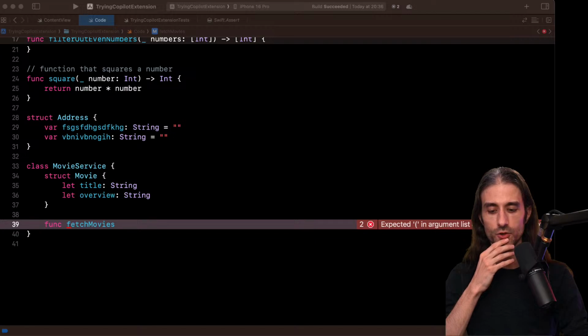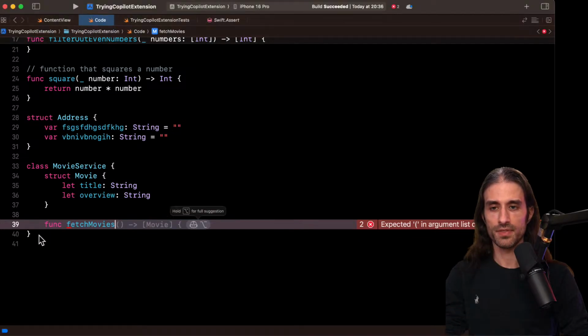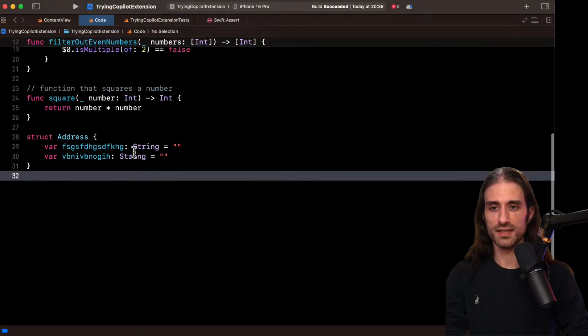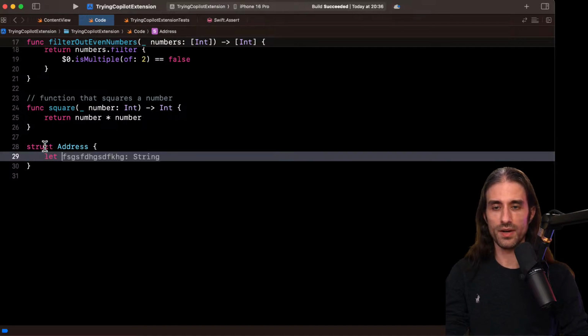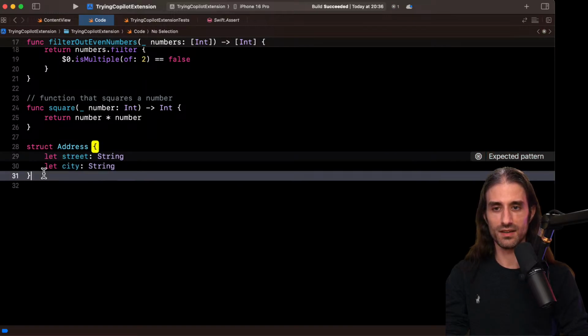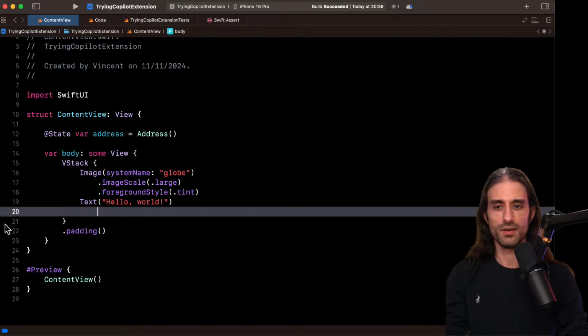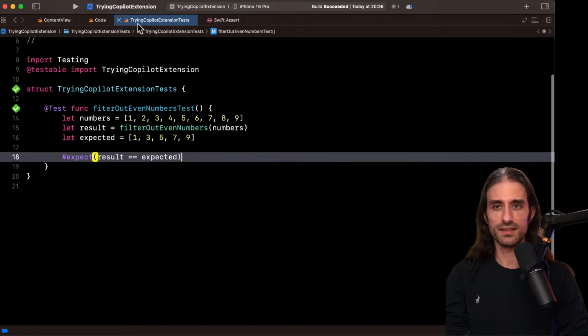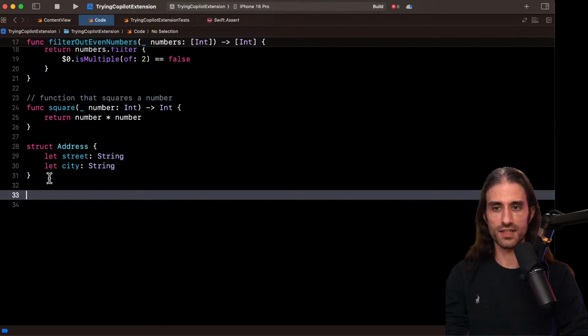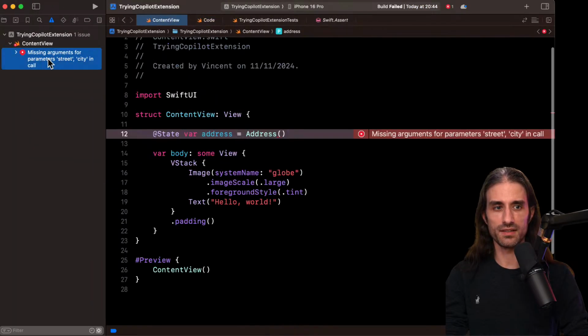Okay, I had done something like struct AddressAPI, and then okay. So I had used the address from above, and then I had done a struct. Okay. So you know what? We're going to keep something like this. Now we're going to write something that makes sense. So now it's learned from my craziness, but it's going to be like street. Okay, city. Let's stop there. So I'm going to remove this code here that no longer builds. Let's go like that. All right, let's check that it still builds. Build failed. Why? Oh yeah, I can get rid of that.